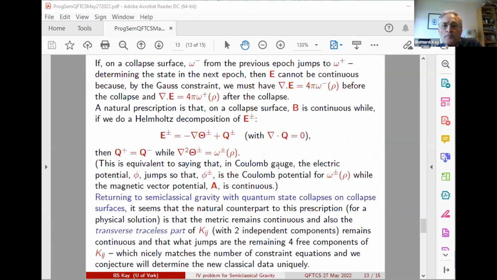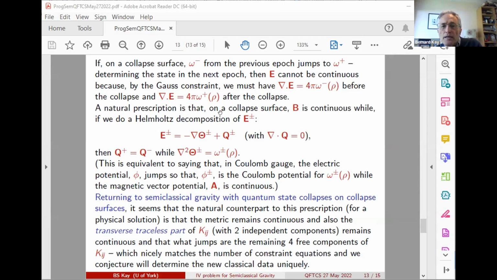Okay, and in this theory, if on a collapsed surface, let's say we have omega minus from the previous epoch jumps to omega plus, determining the state in the next epoch, then the electric field cannot be continuous, because by the Gauss constraint, that was the first of our Maxwell equations, we must have that div E is 4 pi expectation omega minus of rho before the collapse, and it's 4 pi expectation omega plus of rho after the collapse. So some part of the classical electric field has to jump, and